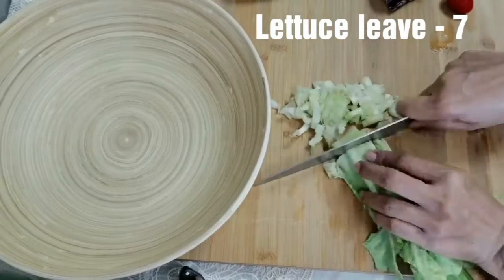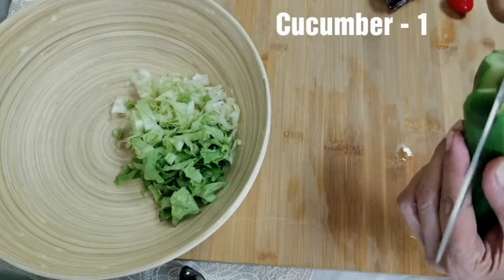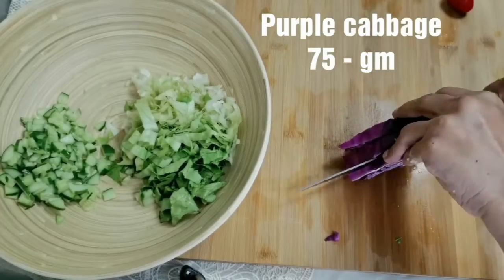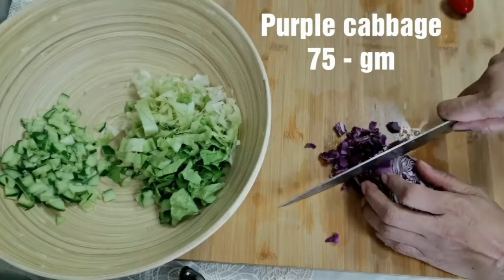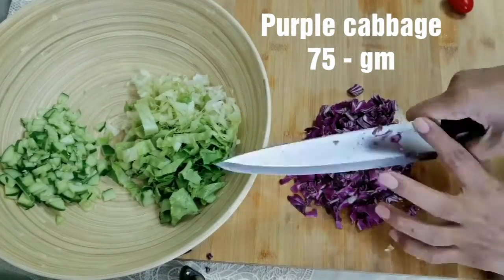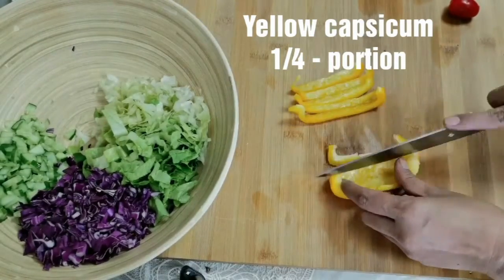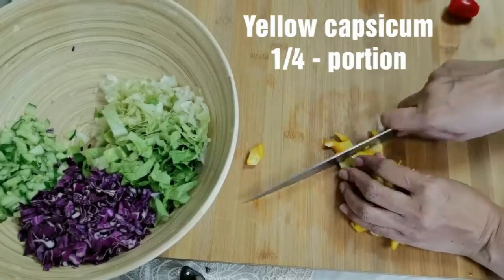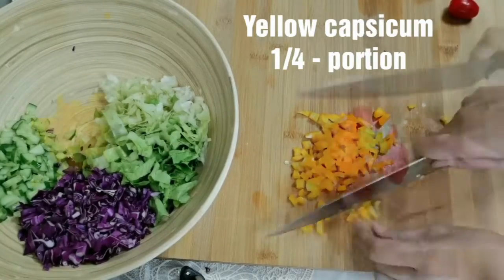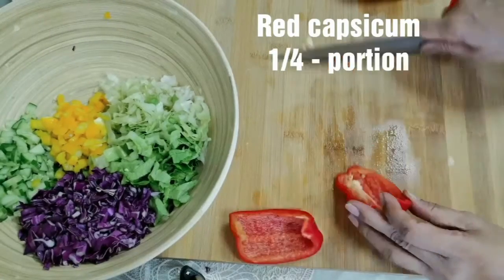I've got 7 lettuce leaves finely chopped, 1 cucumber cut into small cubes, 75 grams of purple cabbage, finely chopped, quarter portion of yellow capsicum, cut into small cubes, quarter portion of red capsicum, cut into small cubes,